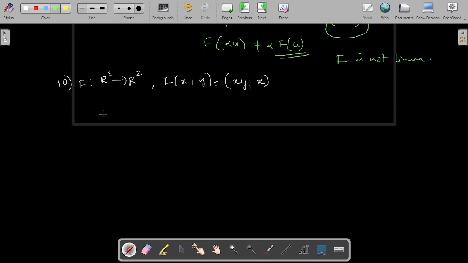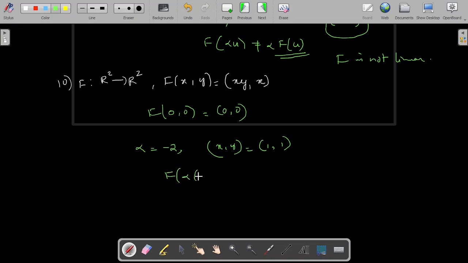Now the last question, f from R square to R square, f of (x, y) equal to (xy, x). F of (0, 0) goes to (0, 0). So you take alpha equal to minus 2, (x, y) equal to any vector, (1, 1) you take. Okay. Next, f of alpha (x, y) equal to f of (-2, -2), that goes to (-2 into -2, which is plus 4, -2), whereas alpha into f of (x, y) goes to